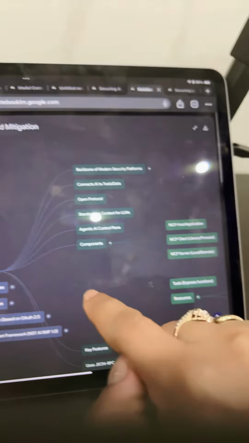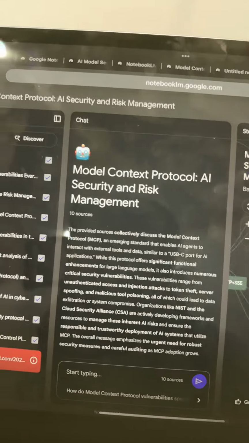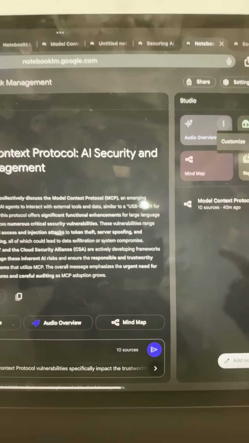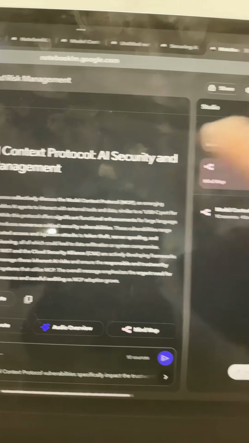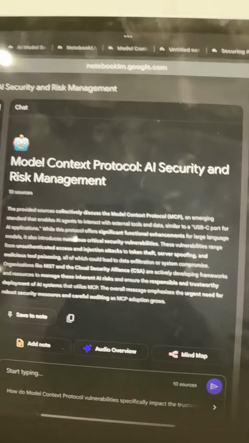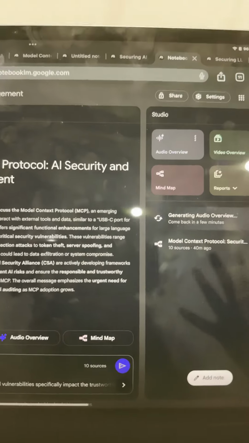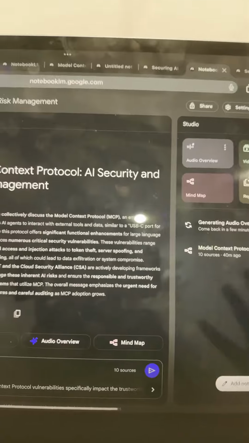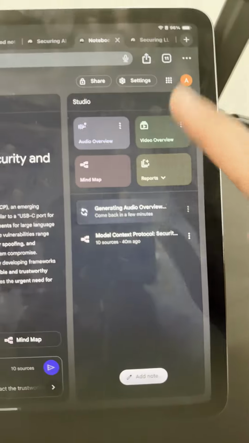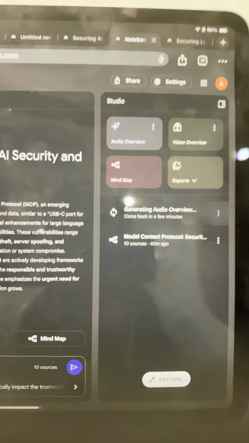I also like the audio feature here, which is essentially generating a podcast for me between two people talking about this topic, which is again super interesting, especially if you travel for work. You can listen to this podcast on your way and amplify your learning. I have not tried the video option, but explore it